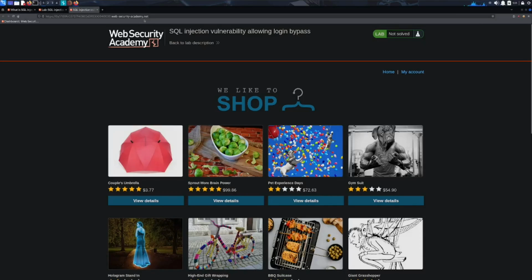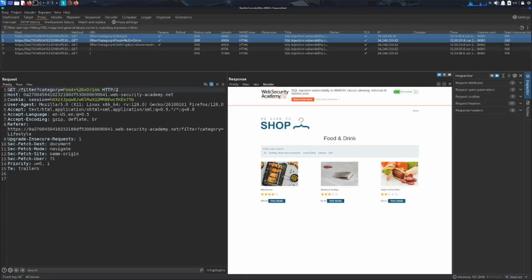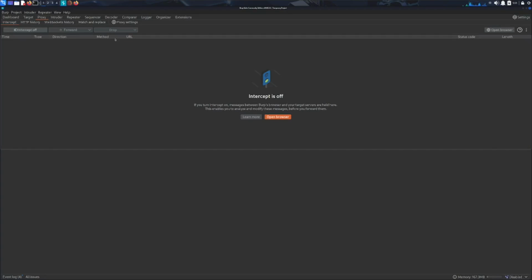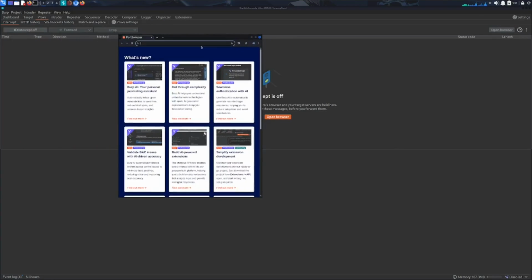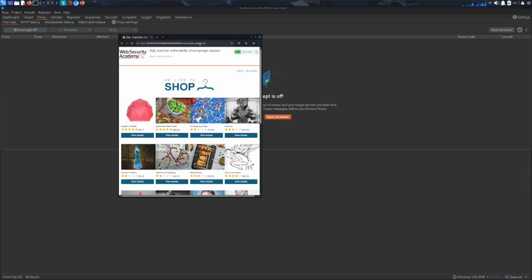So in here, we can also use Burp Suite's own browser for that. If we go back to the proxy tab and go to intercept, we can just click on open browser. And in this way, the cert will be installed properly. I think I messed up how I did it in Firefox. But we don't need to use Burp Suite for it. There's other